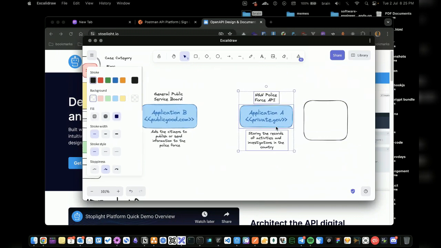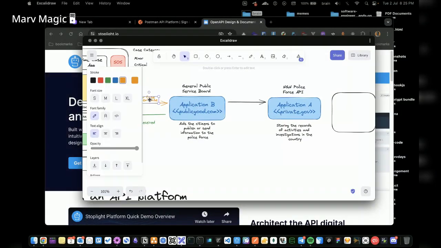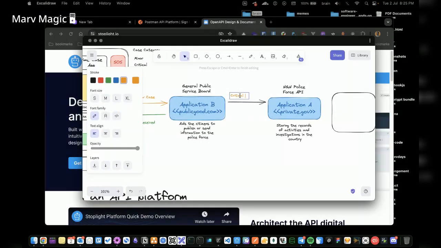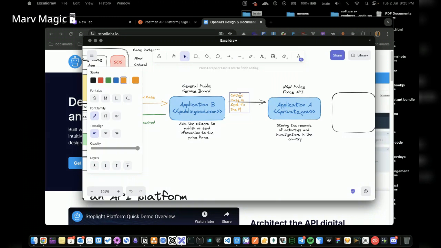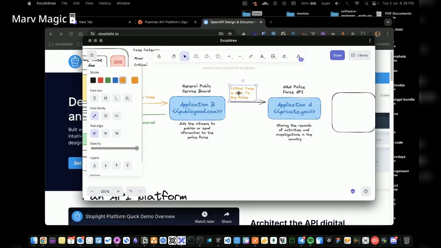So if the case is critical, application B sends a request to the police. We can just duplicate this. Critical cases are sent to the police.